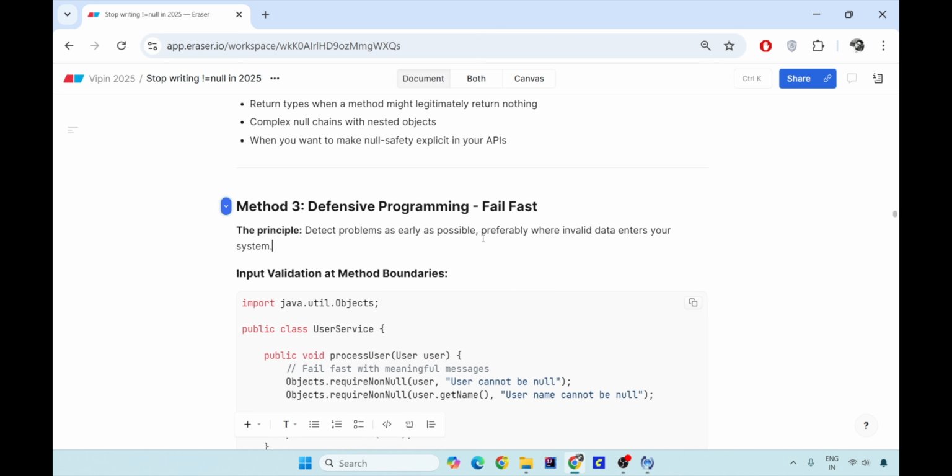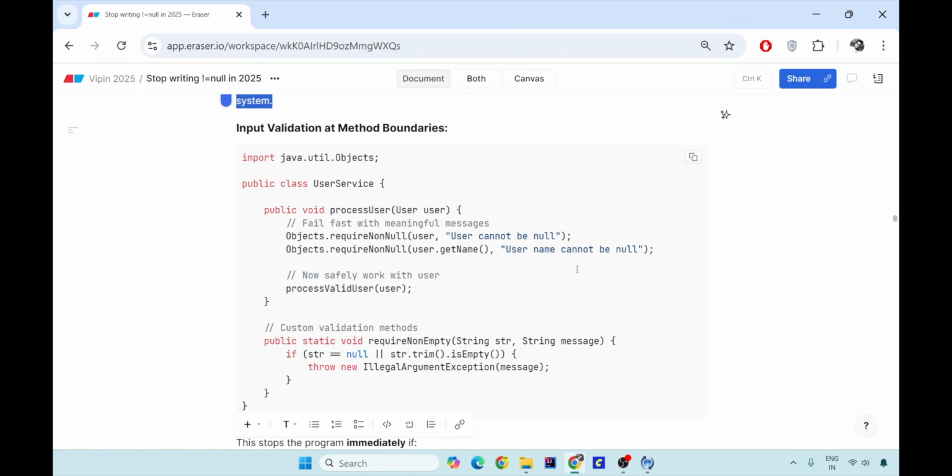So what you do is detect the problem as early as possible and prevent any invalid data to enter your system. So this prevents the null pointer exception as an exception, but still will throw some exception, which will prevent any further logic or any further advancement in the system or the application. So what you do is you fail fast. You get a user. During the checks, you check whether object requires not null. That means whatever object you are passing to this particular method should be not null. And if it is null by any case, please give a meaningful message because I'm going to throw an exception. And your exception message will be something that you write here.